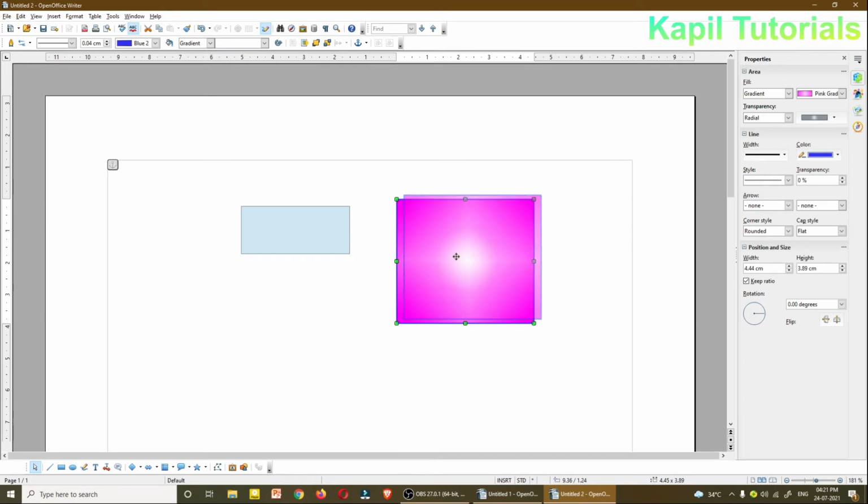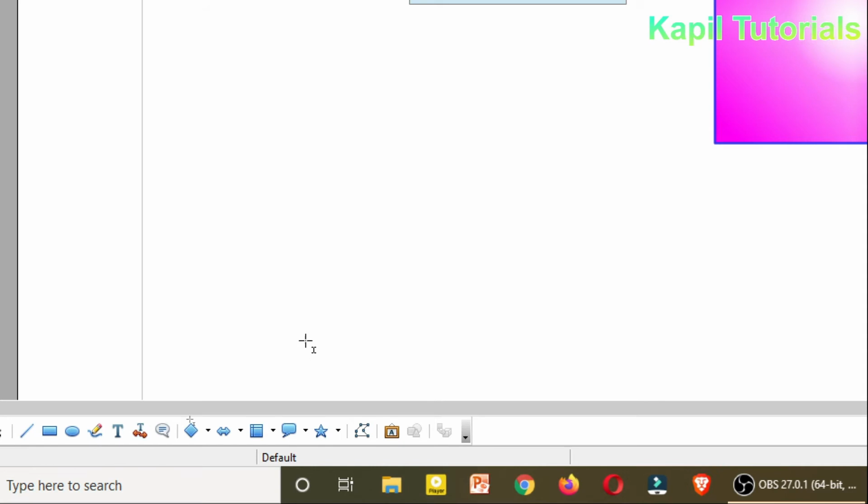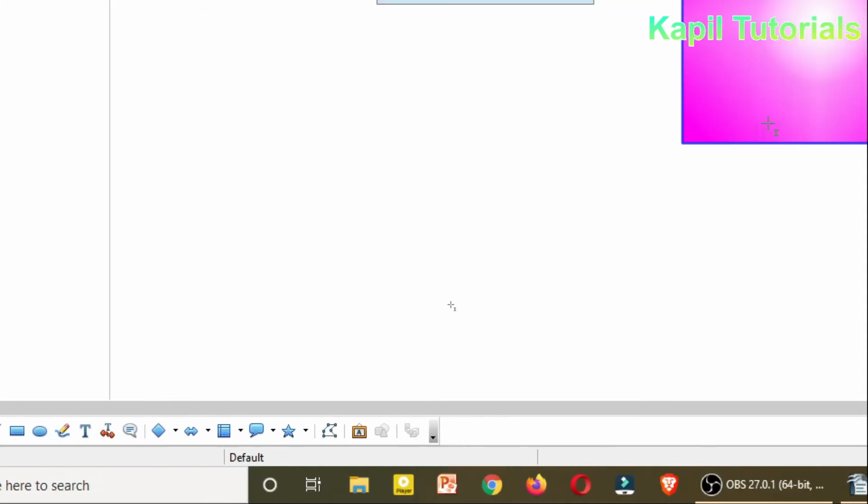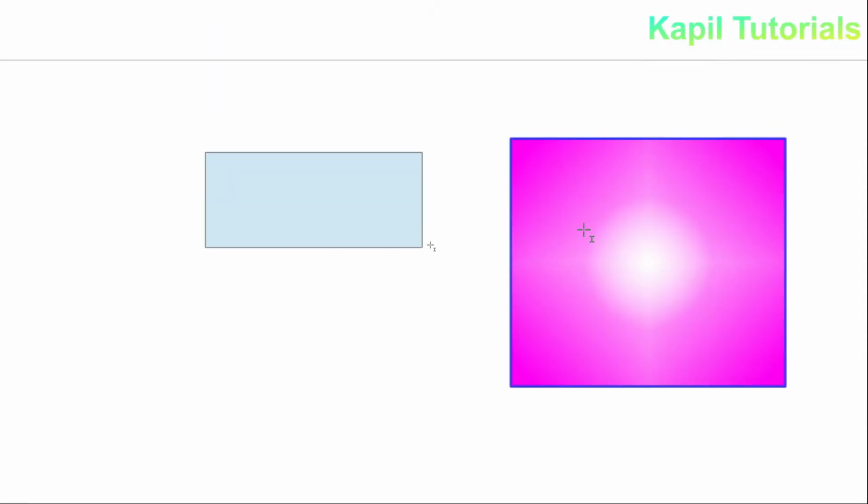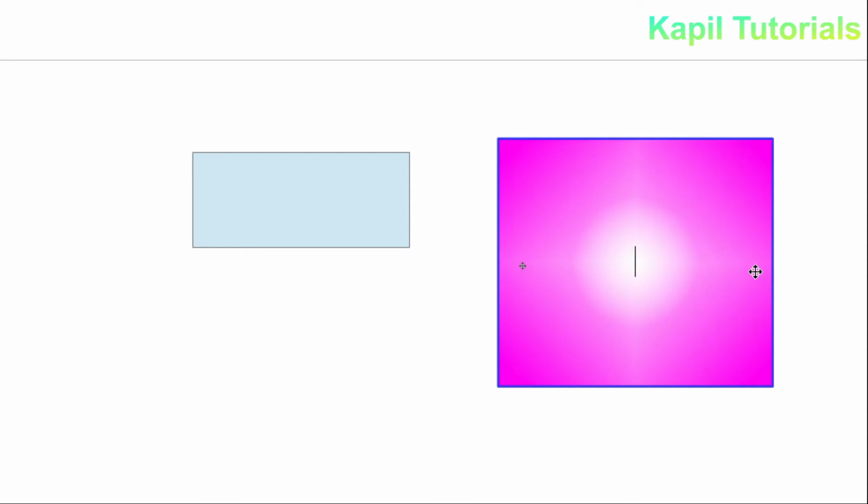Now one thing more I want to tell you. In between, if I want to add text, I can use this one, text. Click on this text. Just make sure that when you click on the text, no shape should be selected. So I'll just click it here, and my selection point is coming. Suppose I'm writing here, I am a sphere. I've just typed here I am a sphere.